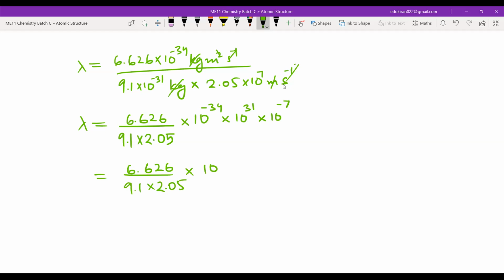You will get minus 10. Yes, sir. 10. Right. So we have just meters left here. So just meters will be left here. This will be meters. Now you have to solve this